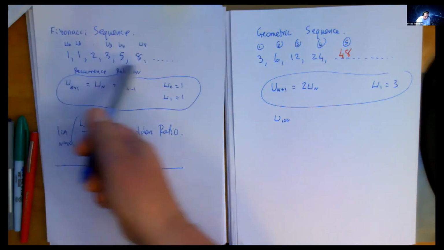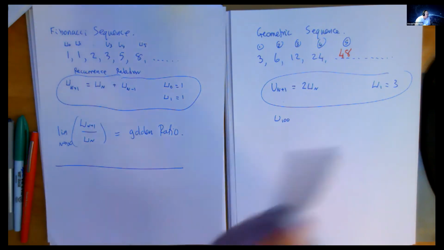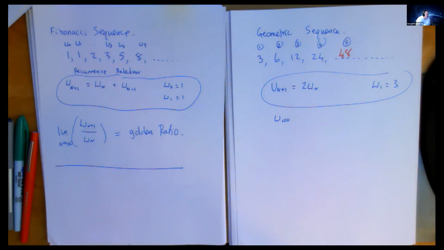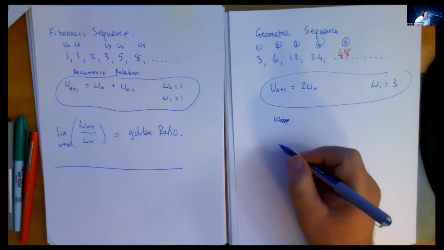Do you know that's the same thing is true if you had to do the Fibonacci sequence and I wanted to know what the 100th term was, U100? Wouldn't I have to find the first 99 first before I could get to the 100th? So it would be nice, wouldn't it, if we can get formulas that are written not as a recurrence relation, but an algebraic formula. And this is